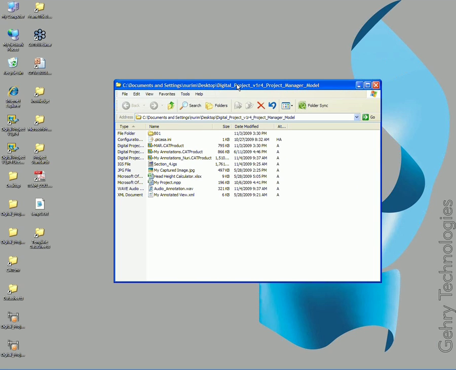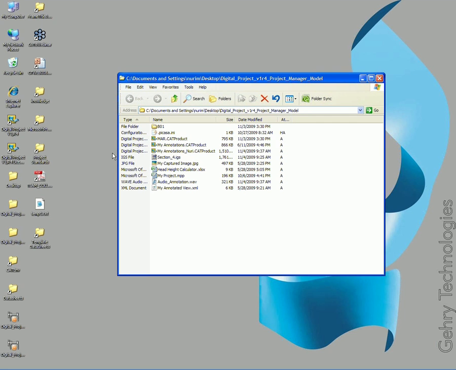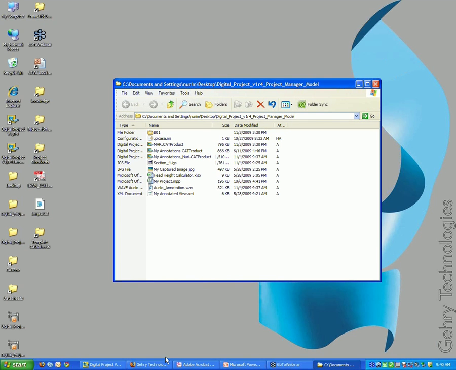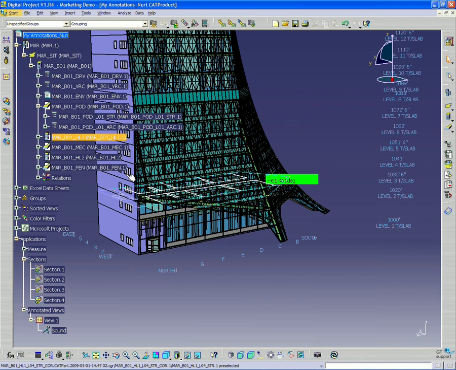And it basically saves the camera position, and it saves the 2D annotations that we created when we generated the